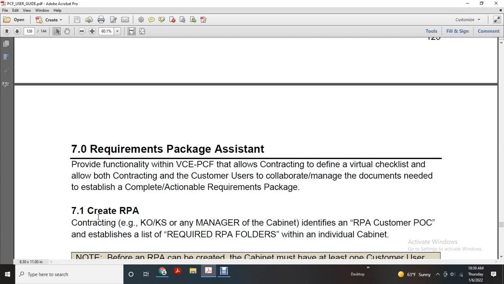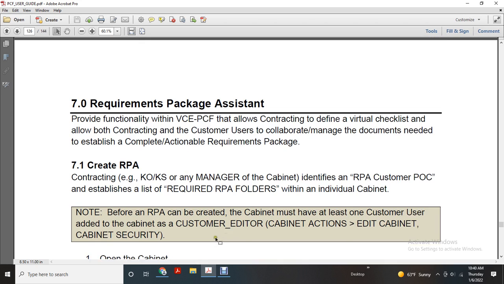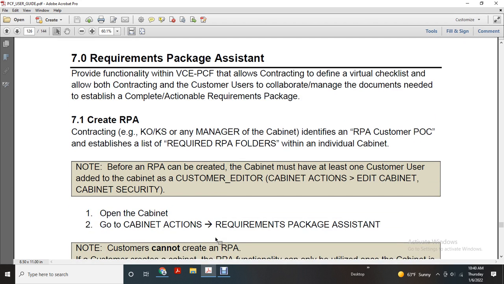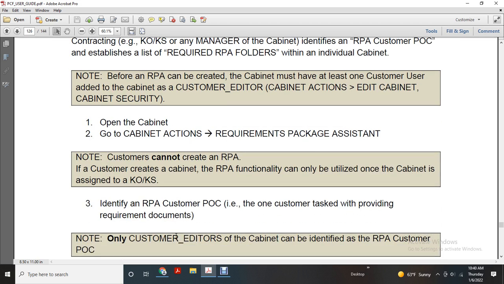Create the Requirement Package Assistant. The contracting officer or any manager of the cabinet identifies the RPA customer point of contact and establishes a list of the required RPA folders. Note that the RPA can be created only if the cabinet has at least one customer user. Additional cabinet customer: edit cabinet, action, edit cabinet security. Open the cabinet, go to cabinet actions, Requirement Package Assistant. Note: customers cannot create the